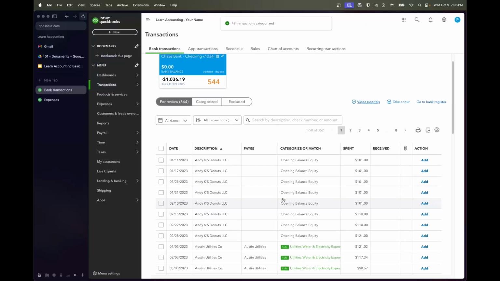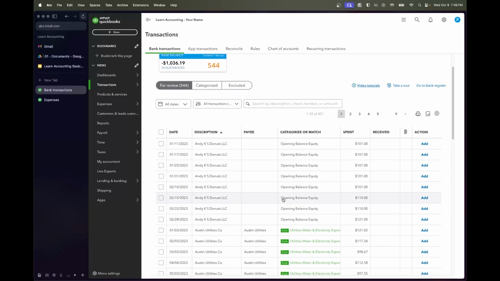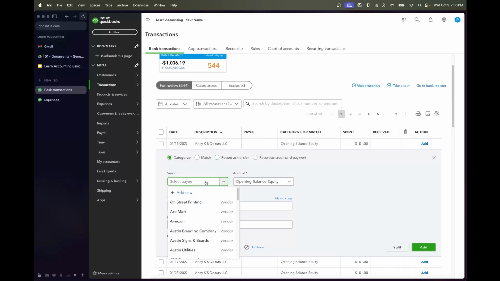And again, let's say you knew that some of those Amazon transactions in that particular scenario were for different things, right? Then you would go and you would categorize it. Maybe it's a small kitchen tool supply that you ordered, or maybe you're ordering some test coffee. You can get really granular with it, but we know generically, as the owner and how we spend our money, I'm going to be getting office supplies and random things that I need from Amazon. So Andy KS's Donuts, we set up